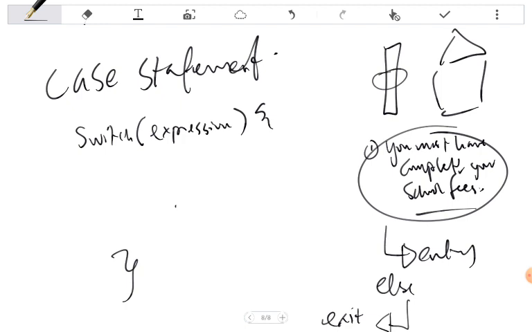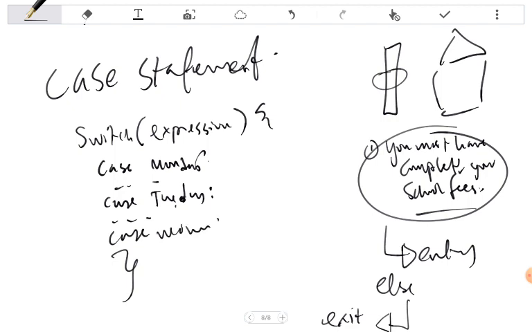So switch statement or case statement is good for scenarios where you have multiple alternatives, not just two. So I can now say case Monday, if today is Monday, do this. If today is Tuesday, okay, do this. If today is Wednesday, and so on and so forth.